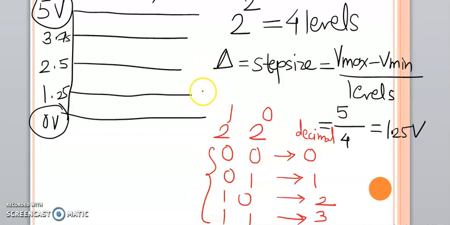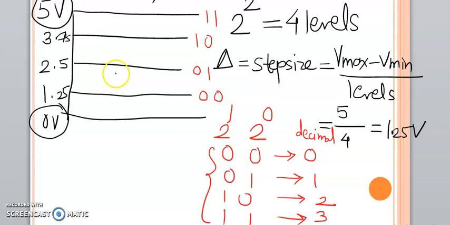So I am going to mark the label on each digital code: 0 0, 0 1, 1 0 and 1 1. So now any voltage between 0 to 1.25 can be treated as, or converted to, 0 0. Any voltage coming from 1.25 to 2.5 can be treated either as 0 1 or 0 0, whichever is nearer to it. So let us take an example that an Arduino Uno board detects